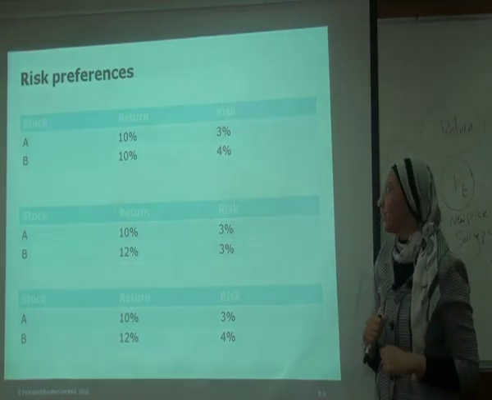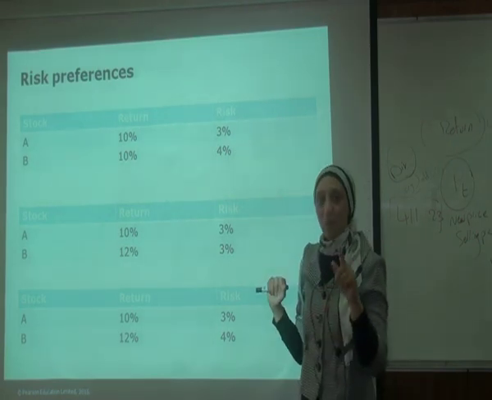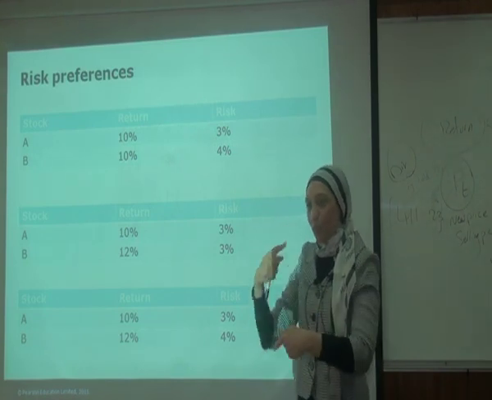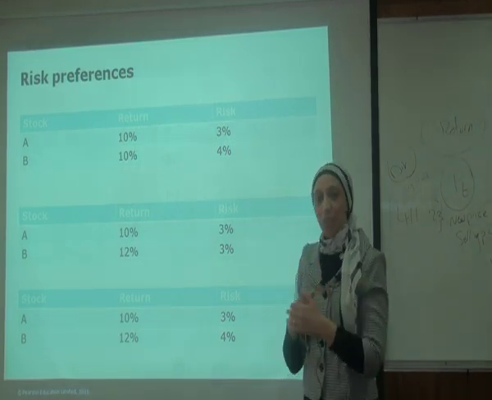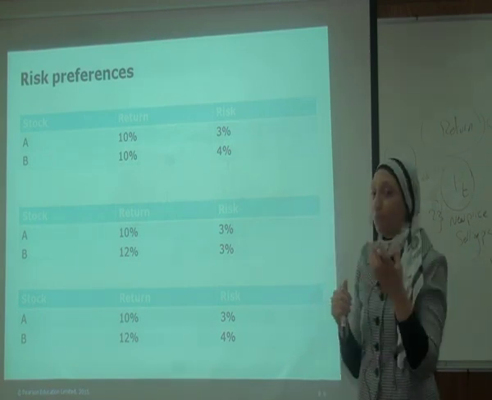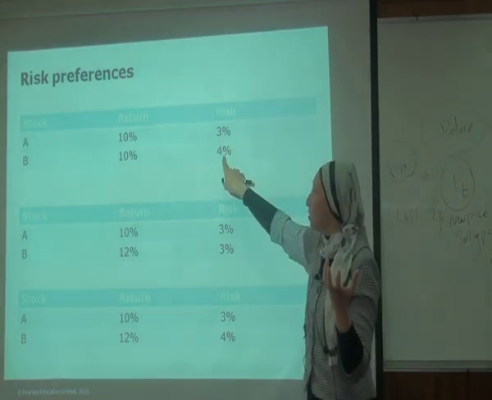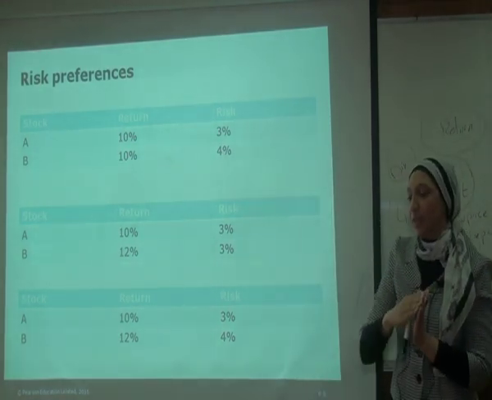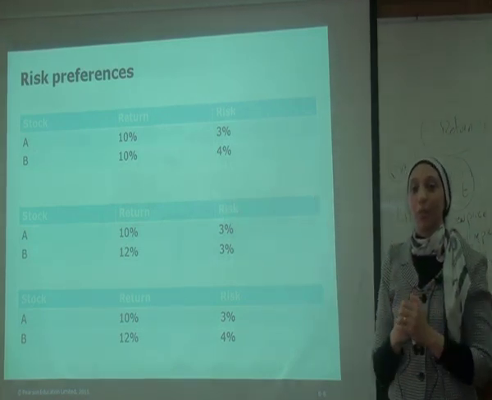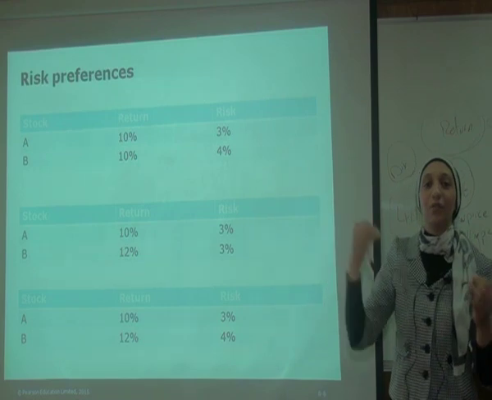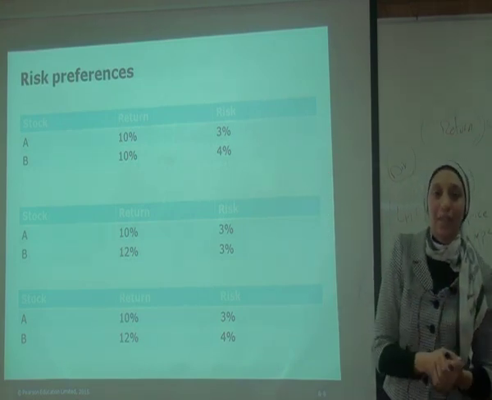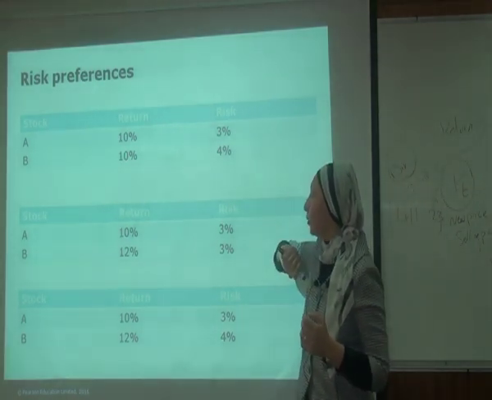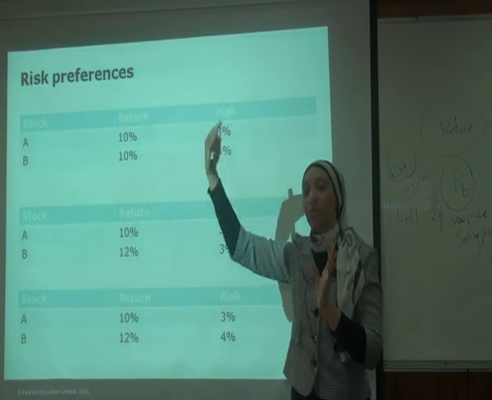Regarding the risk seeker, they prefer the stock with higher risk. Okay, and while we are explaining the chapter and we go further in explaining the meaning of risk, you will understand why this person selects the stock with higher risk. Because risk is deviation or volatility in the prices. So the higher the risk, the higher the deviation, whether in the positive direction or negative direction. That's why they are selecting stocks with higher risk, because they expect that the deviation will be in the positive